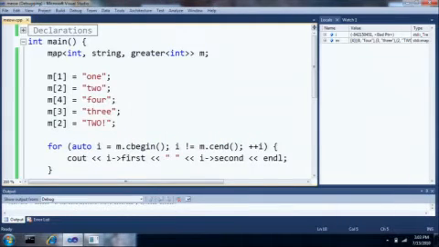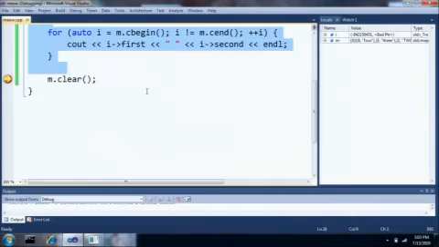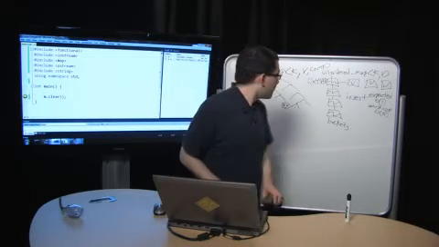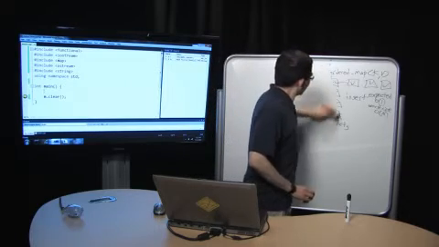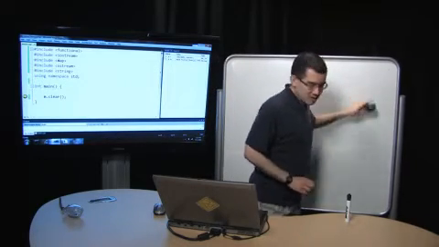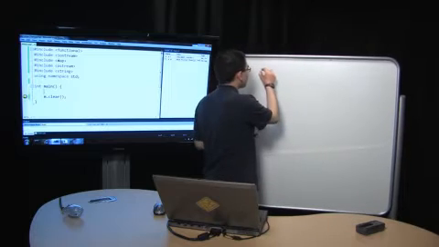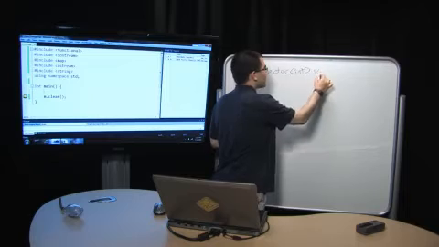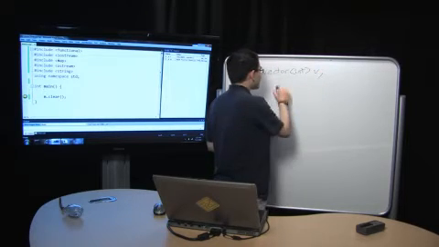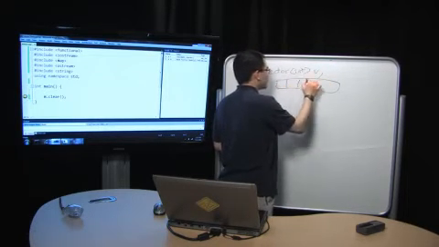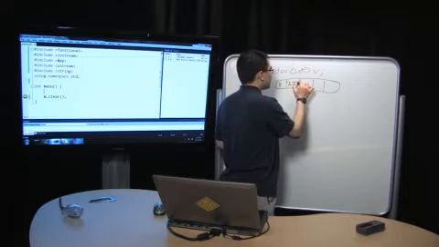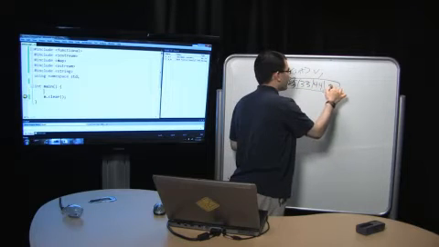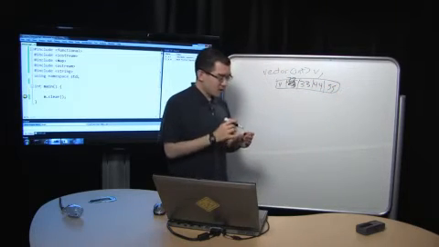So that's the associative containers. I did want to mention something important about the sequence containers. So imagine that I've got a vector, int v, and I start inserting elements like I did last time. Okay, say I've got my elements 11, 22, 33, 44, 55, and I then want to